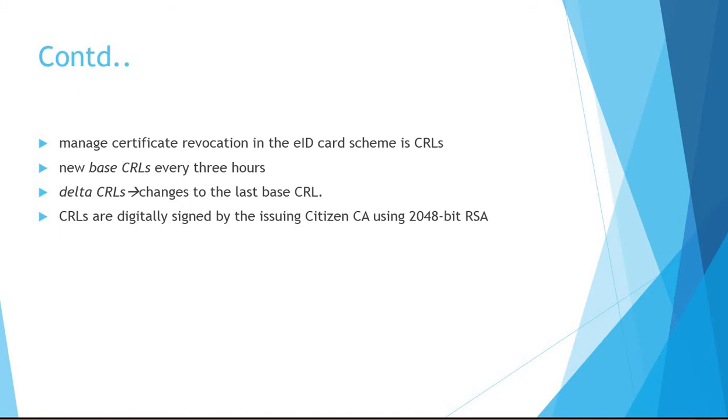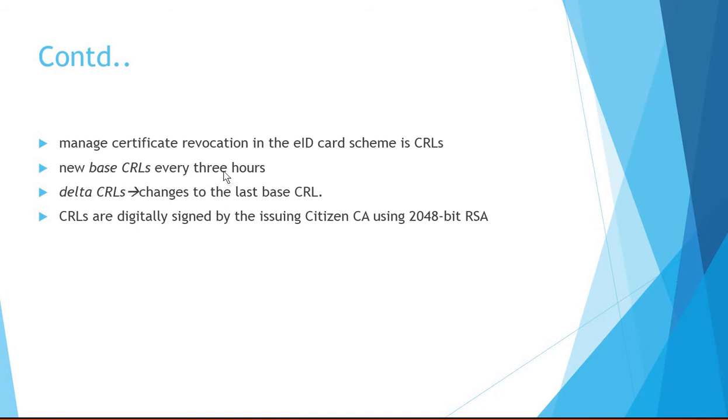What are the various steps that will happen? Here the certificate revocation list, called the CRL, lists the people for whom the certificate has to be revoked, and all those lists will be sent. All the details about certificates and card holders, who are registered, will be there in the repository, in the database.